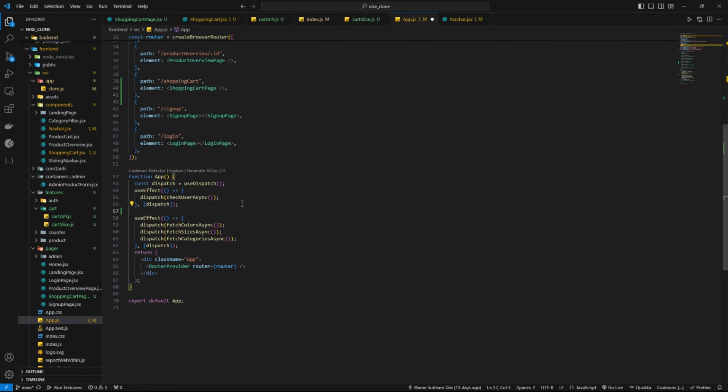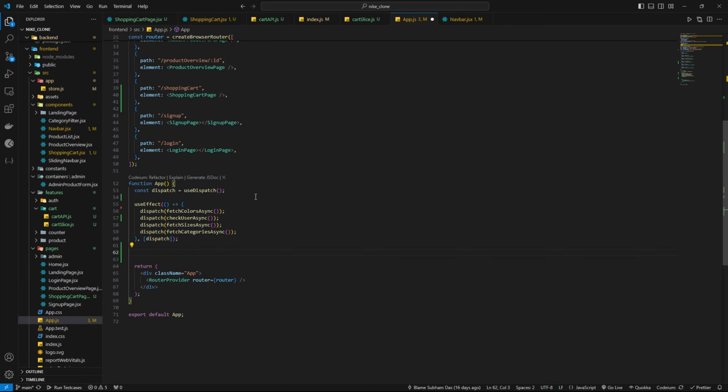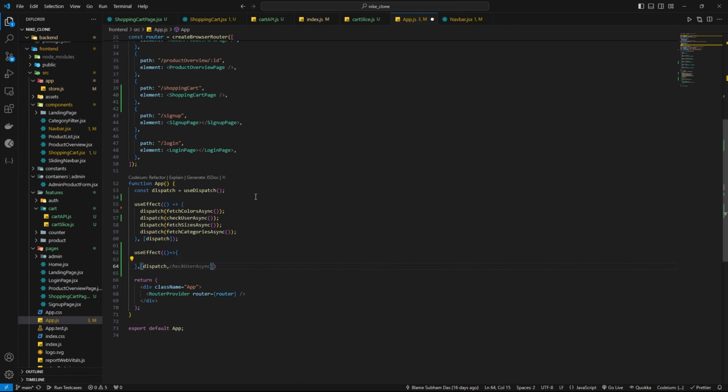So up here, we have check user async. For check user async, we can put it up here actually. For this, we don't need an extra use effect. But for fetching the cart, we need to make a use effect. So for that, let's make a use effect up here, and here it will be dispatch, and along with that,